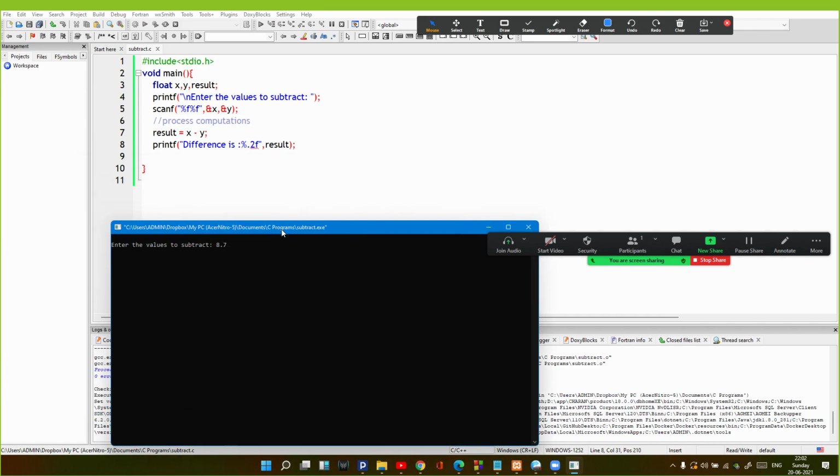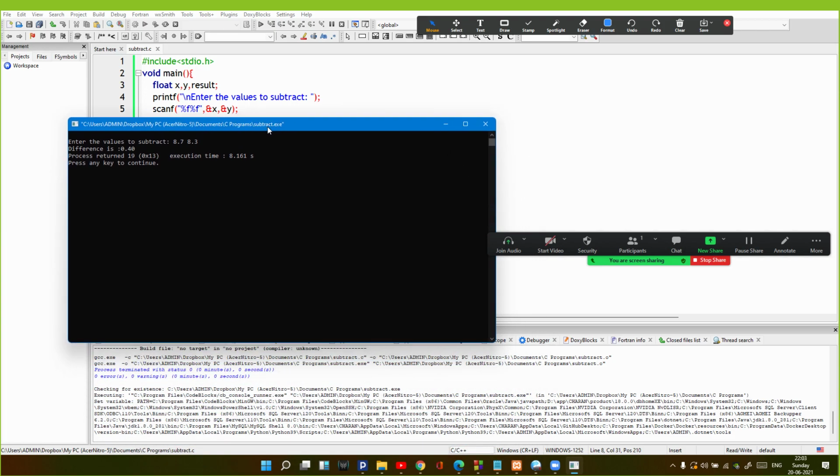Now I'm taking some decimal numbers here. You can see that the decimal values are reduced to only 2 digits. This is how you can set the precision of float values according to the program's need.